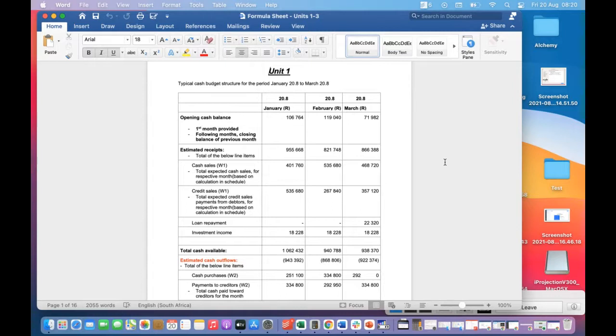But now with credit sales, that's where it gets tricky. We have to build a schedule, all right? An age analysis for our debtors, okay? So he bought goods from us in October, and we know that he's going to pay X amount in November, X amount in December, and then X amount in January, which is the month that we're in. So on that schedule, we will know how much our debtors are paying us for January, and then that's how much we'll put in the budget.